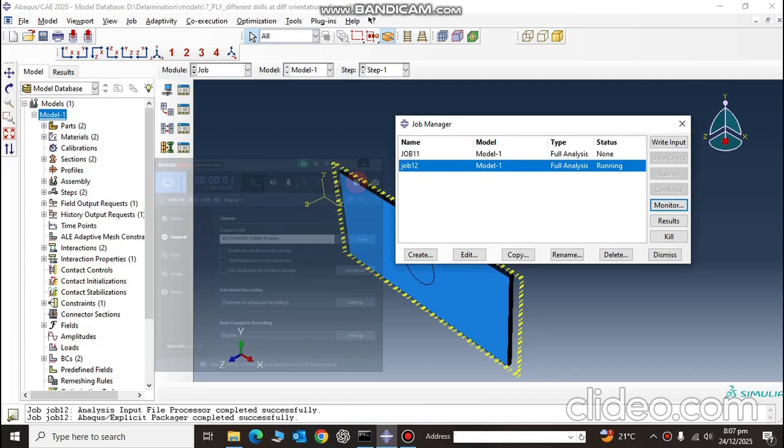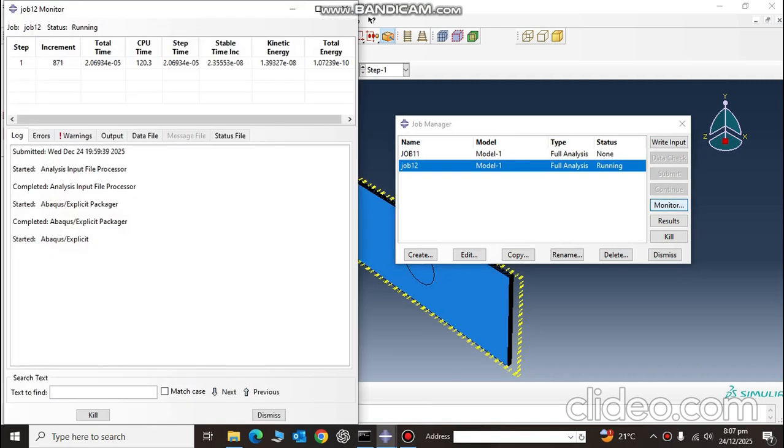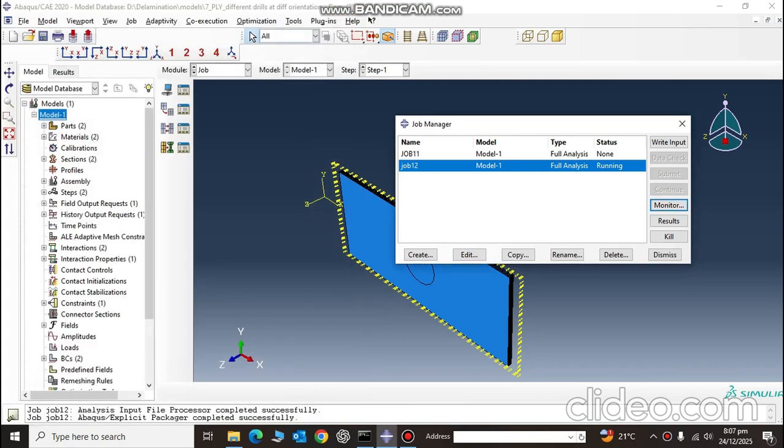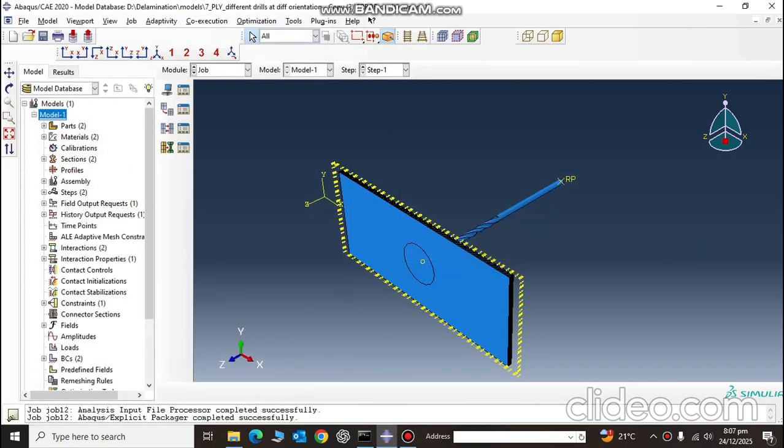So guys, results have come, and if I see the results, as you can see the kinetic energy is something and it is not 0. If it's coming 0, it means that it is an error. My kinetic energy was also coming 0, but then I reapplied the constraints. So when you are applying the boundary condition, you need to make sure